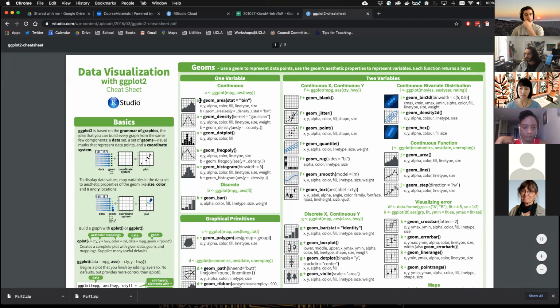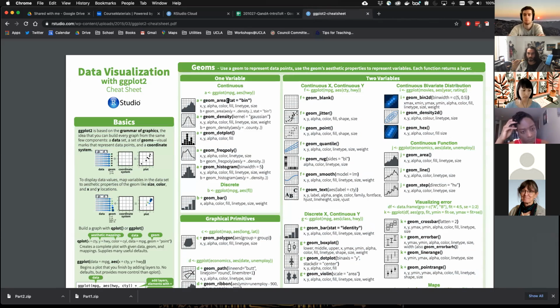So ggplot plus, this is the plus symbol that we've seen in previous examples, the geometry that they're covering. So in this case, you can create histograms, you can create line plots that follow the shape of your histogram. You can create dot plots, density plots with different options, area plots with different options. And usually within the cheat sheet, they'll tell you what the required thing is, like we noticed that in the geom violin plot, there was something that was required to add in, otherwise it wouldn't work. Same thing for the geom dot plot, same thing for geom smooth. There's something that's required for some of them. So whatever required component is usually indicated in